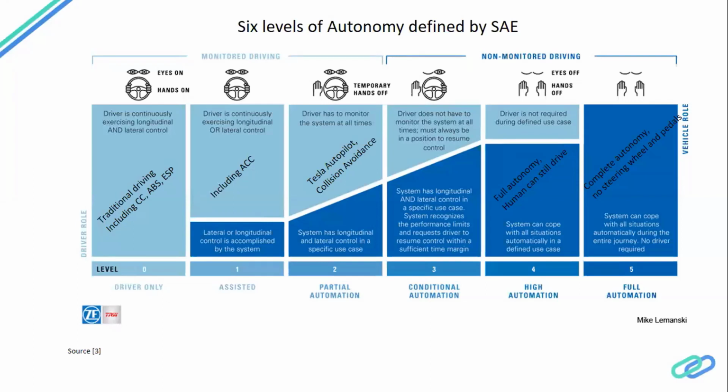And then the third stage, or the second level of autonomy, is where there are both controls. So your vehicle can be controlled longitudinally as well as laterally. One example is Tesla Autopilot. Then the third level, or the fourth stage of autonomy, is when it's not just longitudinal or lateral control, but you can actually allow your car to drive itself.